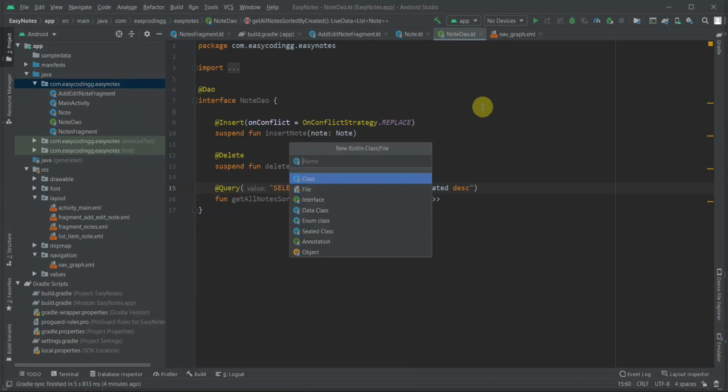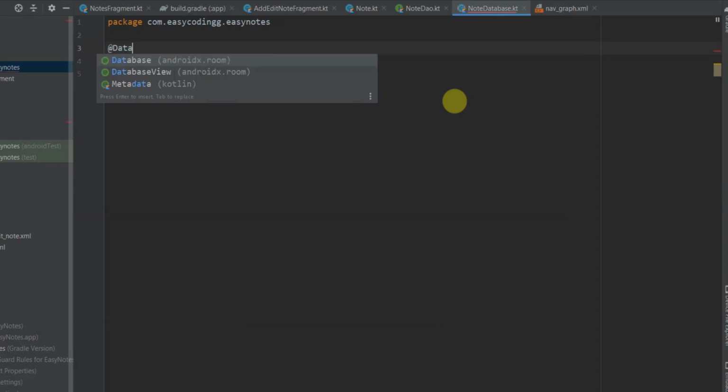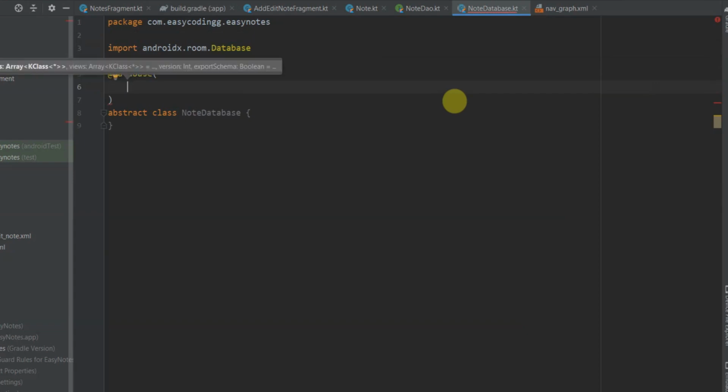So Kotlin file, class NoteDatabase, and this will be an abstract class. And to make this a database class, we have to annotate it with @Database and open the parentheses. Now the first parameter will be entities.